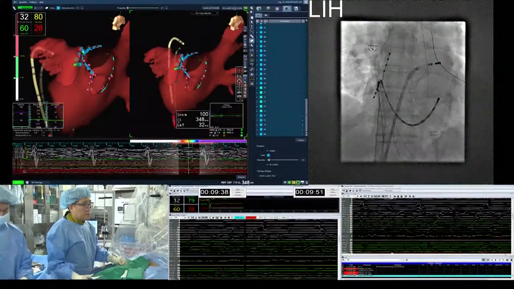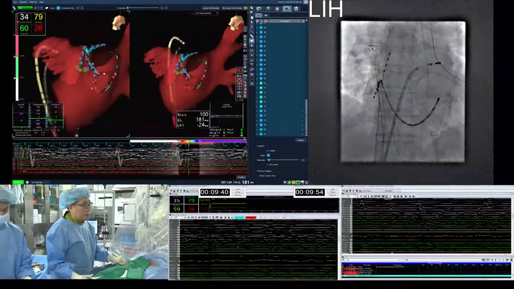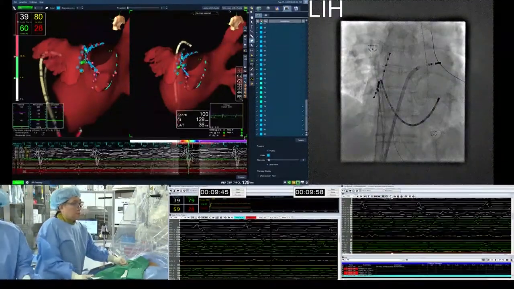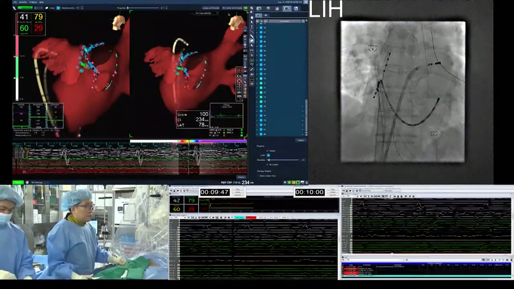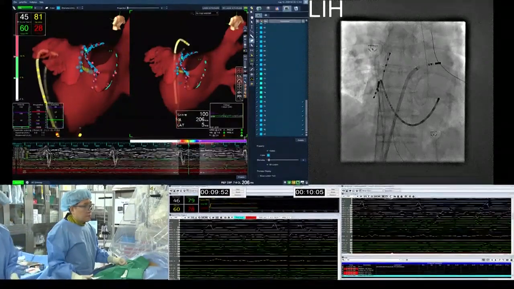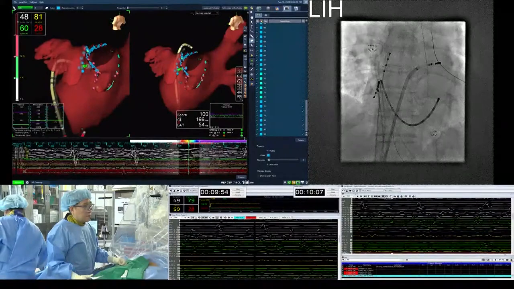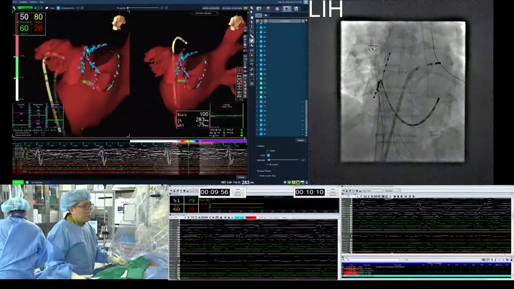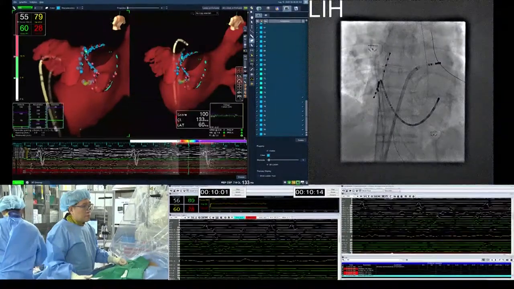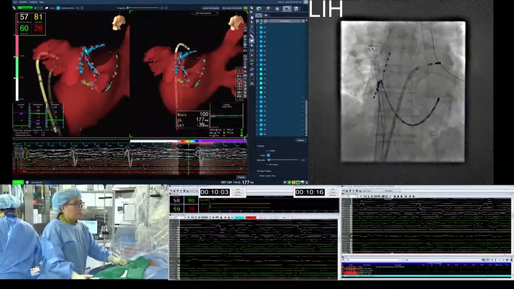Another reason for the posterior appendage, LA appendage linear ablation, is to target the ligament of Marshall. The ligament of Marshall branches many nerve fibers to not only the pulmonary vein aspect, but also the appendage aspects. So that's why I give the same high power, short duration ablation along the appendage posterior aspects.